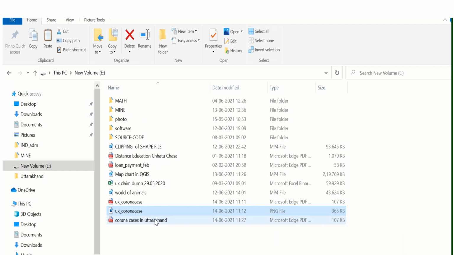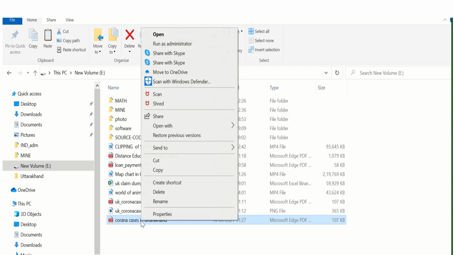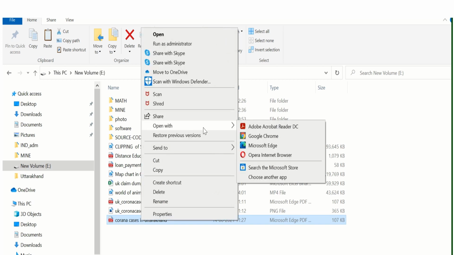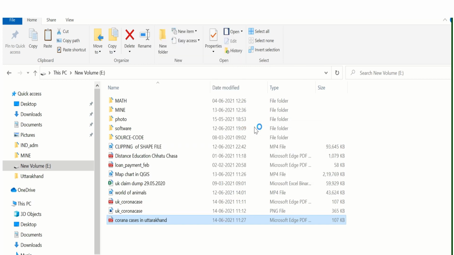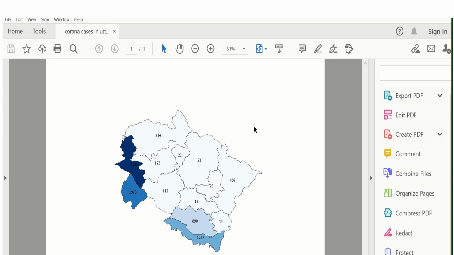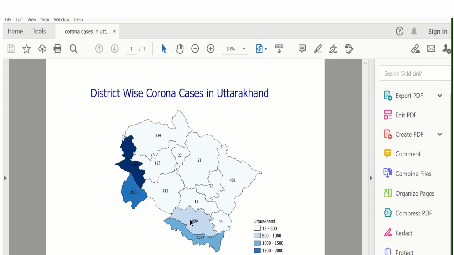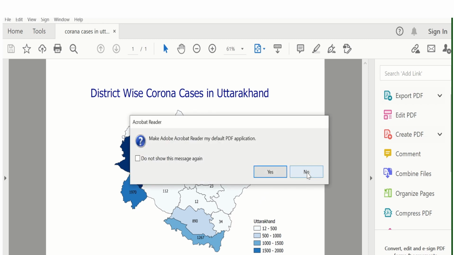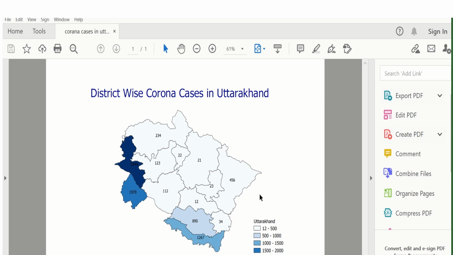Let us check. Corona case in Uttarakhand, we just exported in PDF mode. So let us check that one. Okay, click on open with Adobe. See, this is the map chart we have generated. We can use that map for reporting purposes, etc.